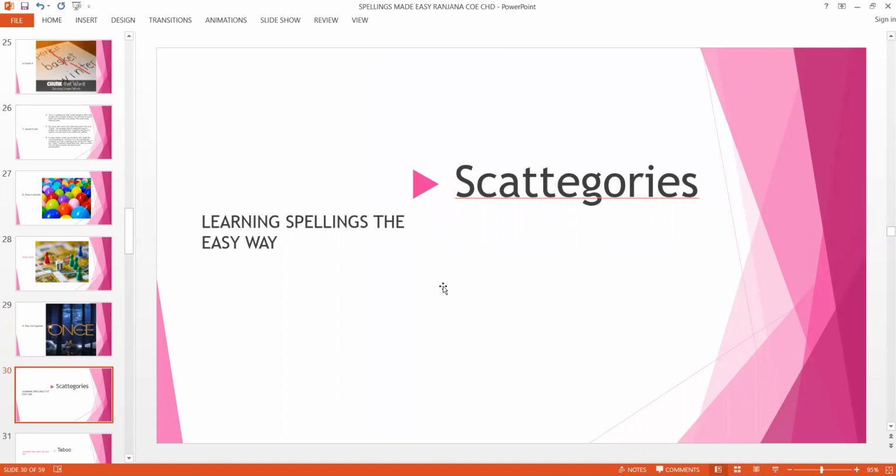Now, in this game, you can make the child think outside the box, because when we do workshops on thinking outside the box, we are adding these types of games and taking feedback from the schools which are doing these games. You are given different categories, like maybe I give the category of color, or a category pertaining to weather conditions, things that are cold, and you have to think of words that fit those categories only.